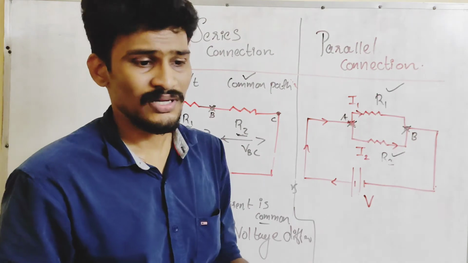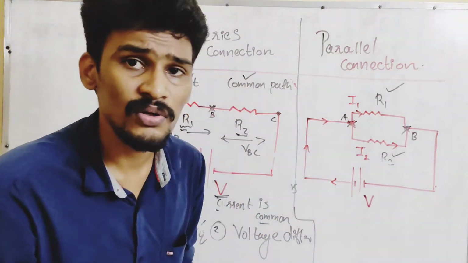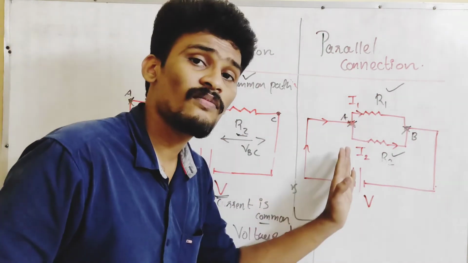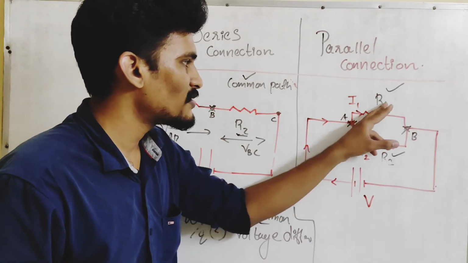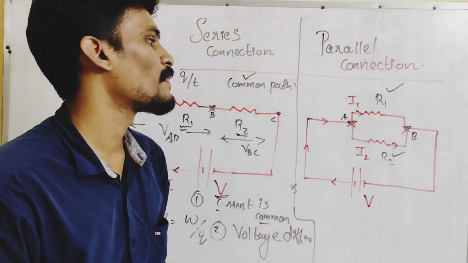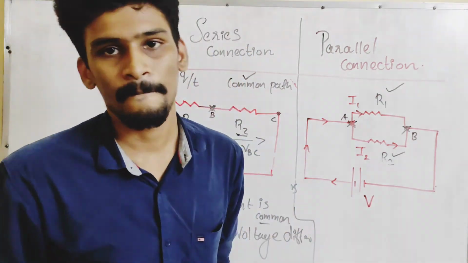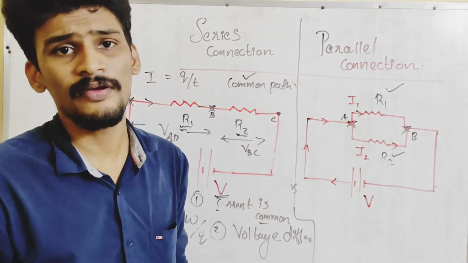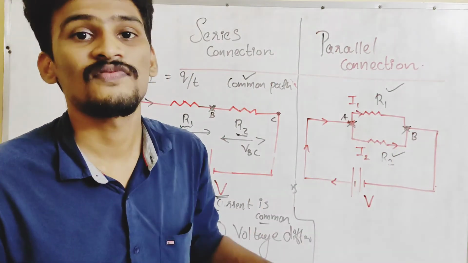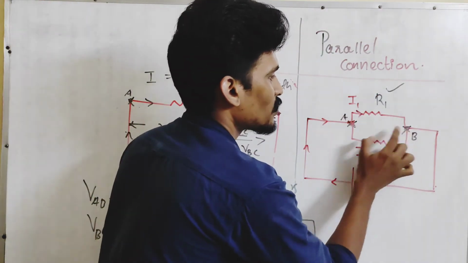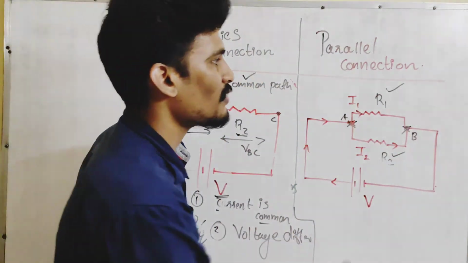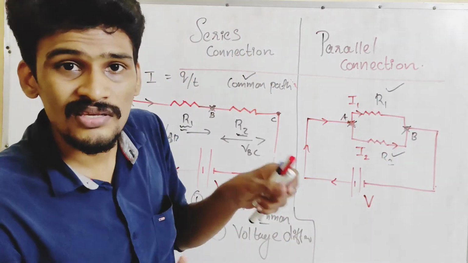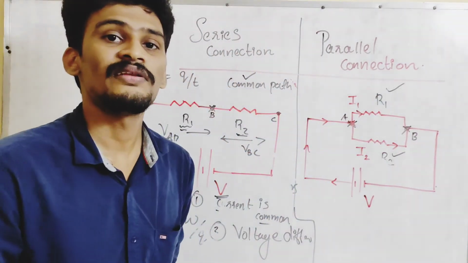So talking about the voltage, what is happening? I talked about the current. What is happening with the voltage? As you know, voltage is defined as the work done from one point to another. Here, the devices are connected between A and B, which means the work done from A to B is the same, irrespective of the number of elements or devices connected between points A and B. The work done available to the devices will be the same because the devices are connected to common start and end points. As you can see, R1 is connected to A and B, R2 is also connected to A and B, which means the two resistors are lying between A and B.